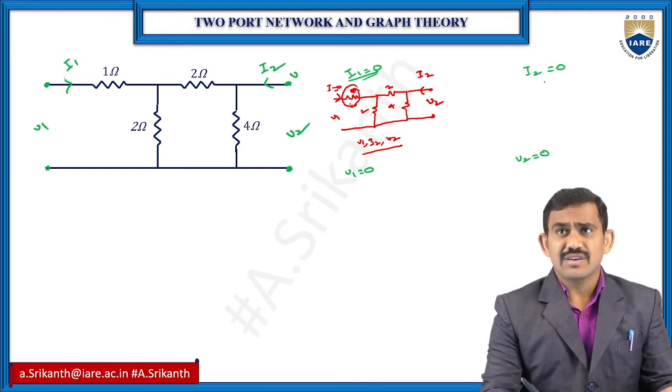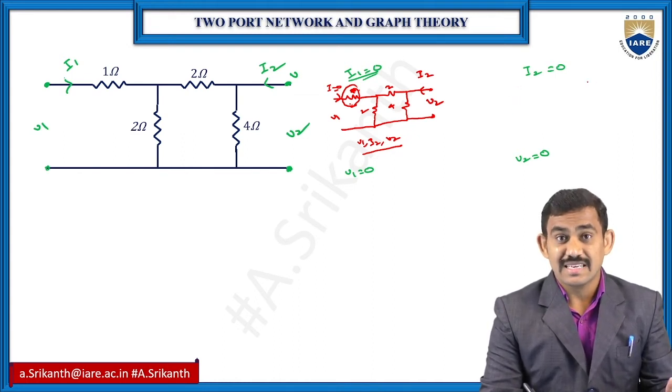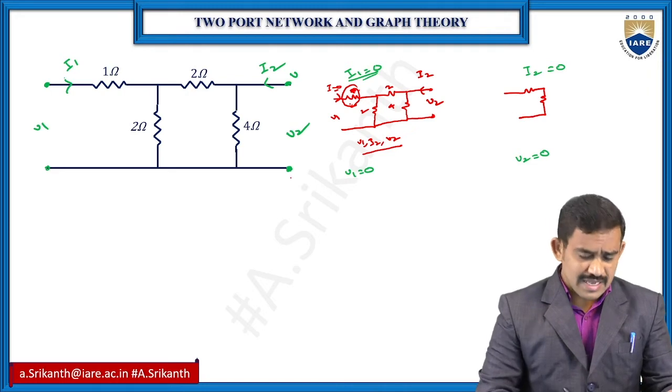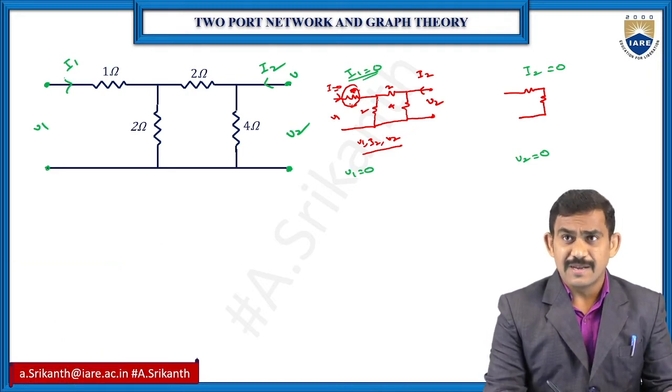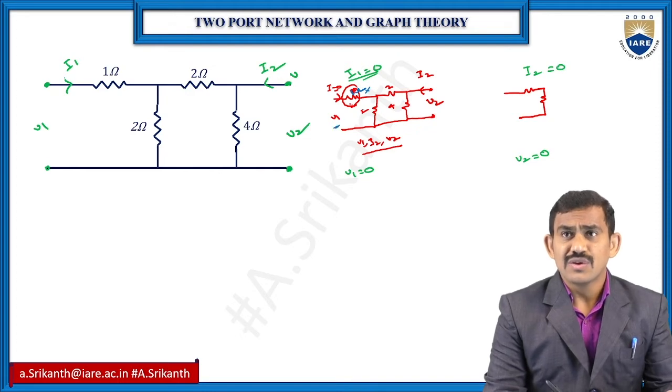Coming to the I2 condition, that is, the secondary side is open. So we have the primary side, now we have 1 ohm, and observe guys. From this first circuit, if I want the V1 value, here I1 is 0, so you need not consider the 1 ohm resistor. But what about the V1 value? V1 is the voltage across 2 ohms. Across 2 ohms, whichever voltage we have, that voltage is your V1 voltage.